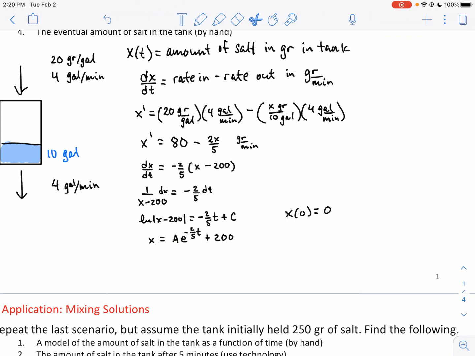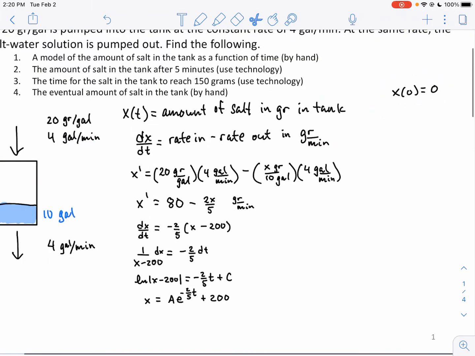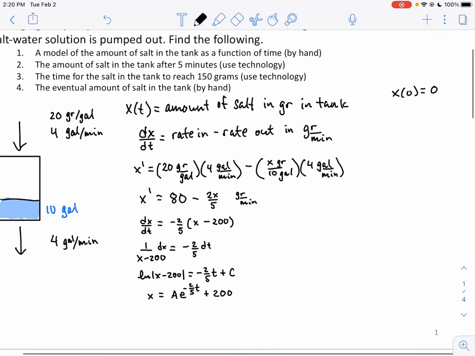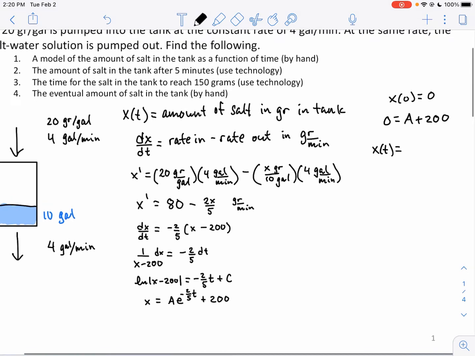I'm debating where I'm going to put this work. Yeah, let's put it back up here. X of 0 is 0. So we know that 0 is equal to A times e to the 0, which is just 1, plus 200. So that gives us A is negative 200. And so we finally get our model. X as a function of time is equal to